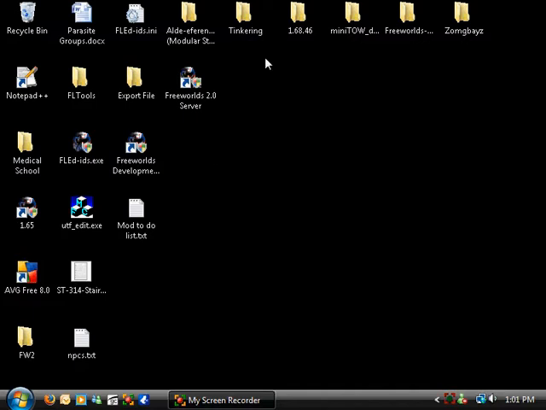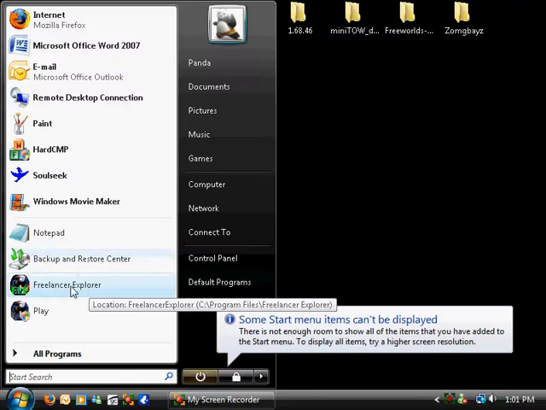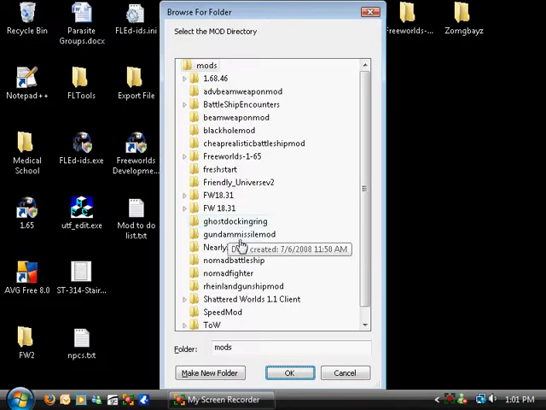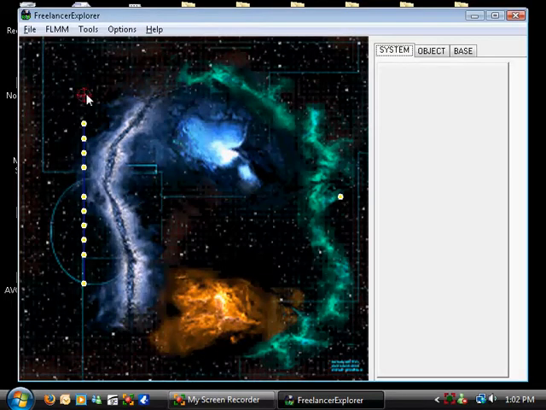Okay, so I looked at the keys files and converted it into a file that my Freelancer Explorer can use. I typically use this program a lot just to get orientation of things down, because it's kind of hard to conceptualize things if you don't see it. So I'll be posting this up for you guys to use. Typically, I just use one system,